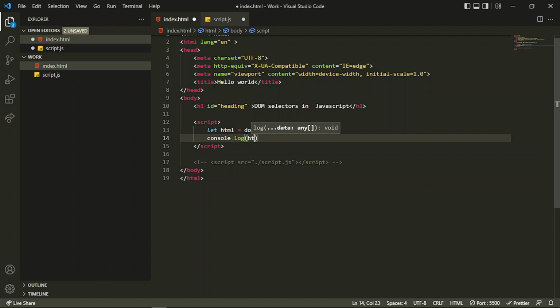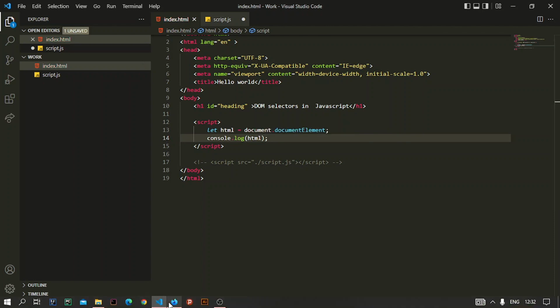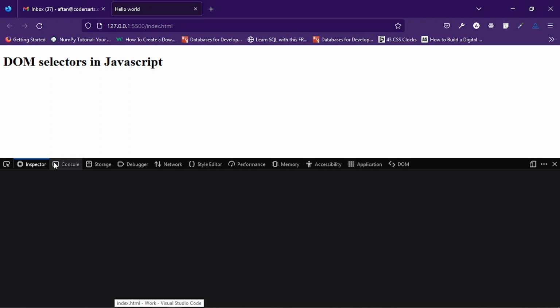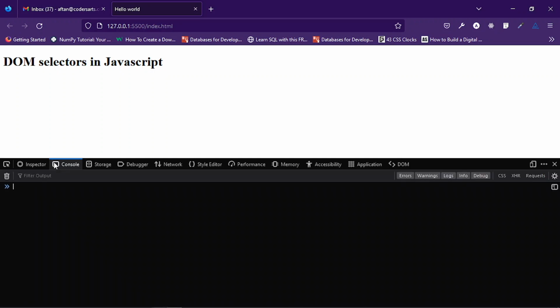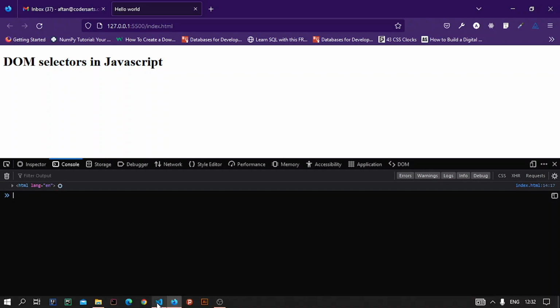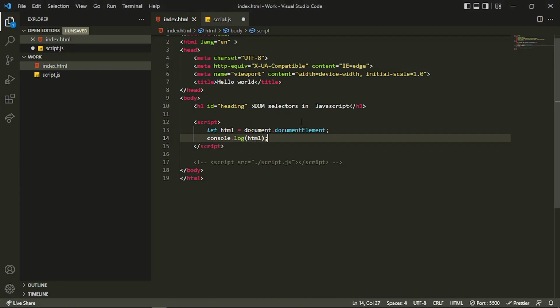So I can log this out and show you what this is. Let me just show you that. If I see the console now, I'll be seeing this HTML element now. Why is that? Because we selected the topmost element with this document element property. Similarly, I can